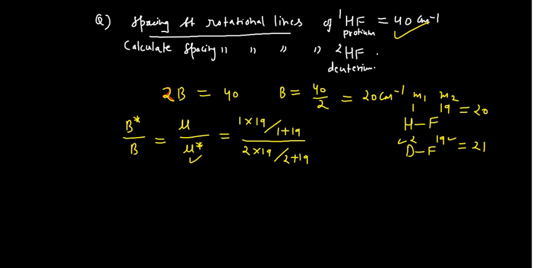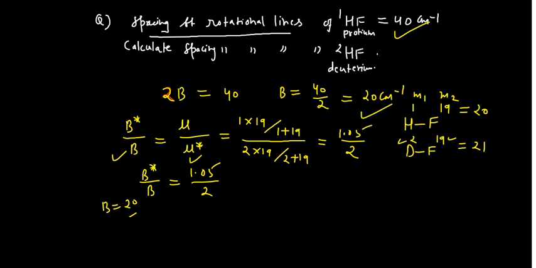So if you solve this particular thing, then you will have the value b star by b is, say, I have calculated this 1.05 divided by 2, and you know this b is given. So you are having b star divided by b equals 1.05 divided by 2, and this b is given as, you have calculated as 20, I think. Yes, you have calculated as 20.